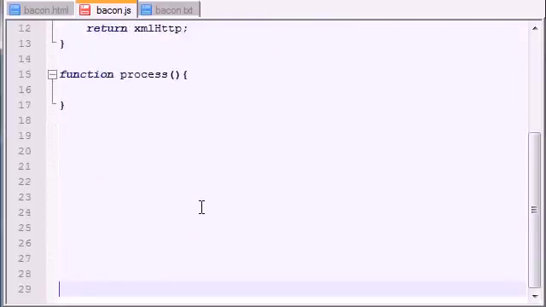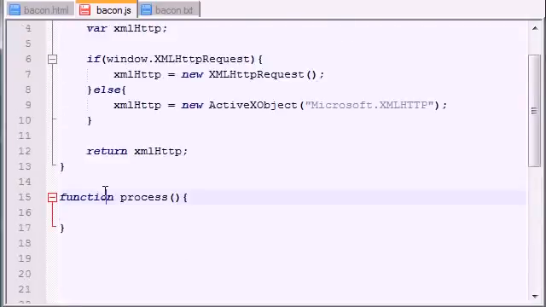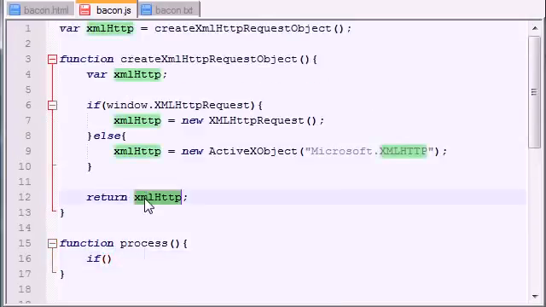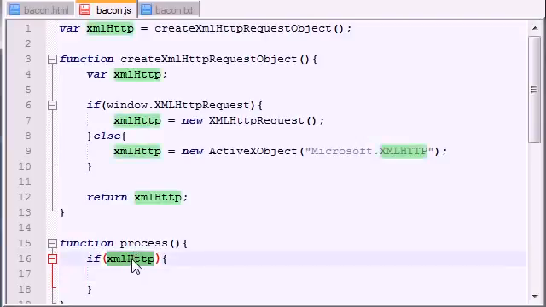And let me go ahead and give myself a little more space to work with here. Alright, so remember that this function gets called as soon as the web page loads. So the first thing that I like to do is make an if statement that says, okay, if XML HTTP. Now, why do I like to do this? What's the point? Well, what this does is it checks that if XML HTTP, if this object is not void,